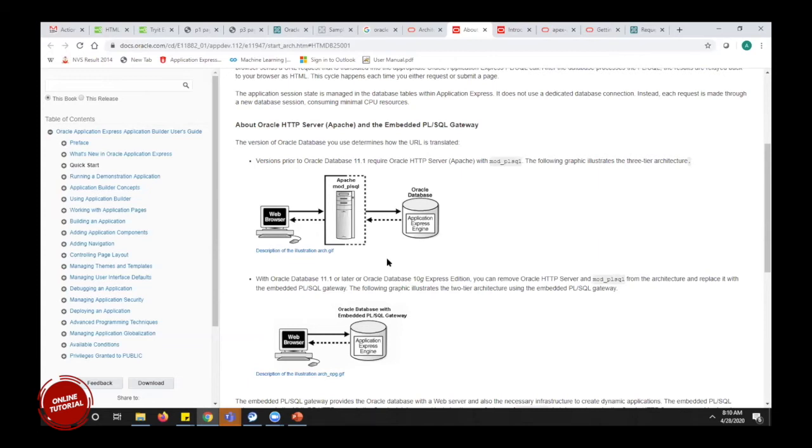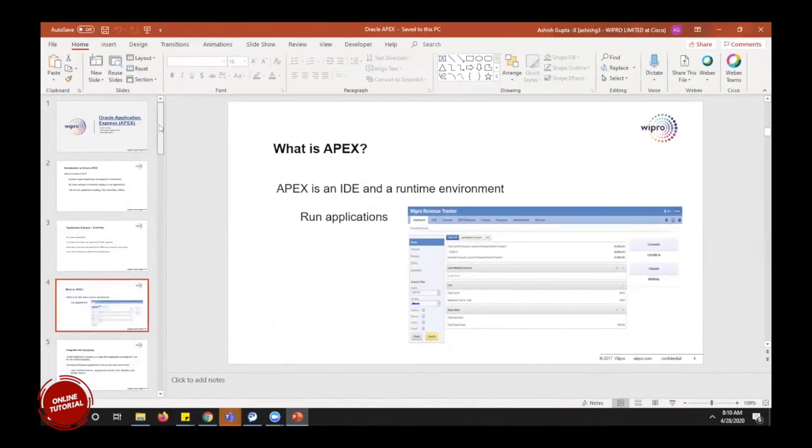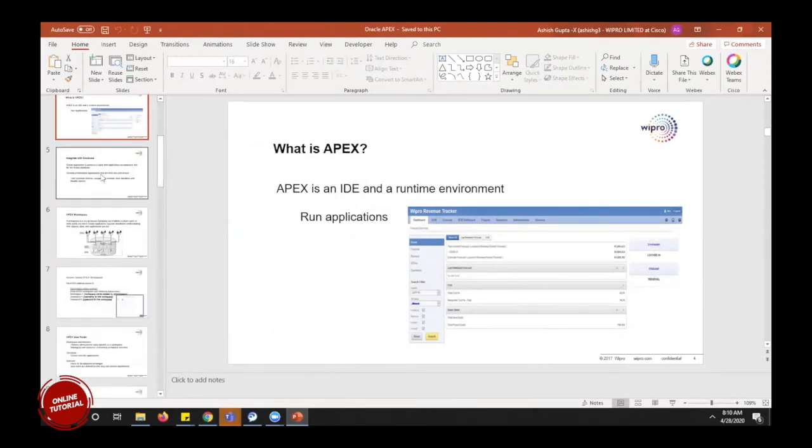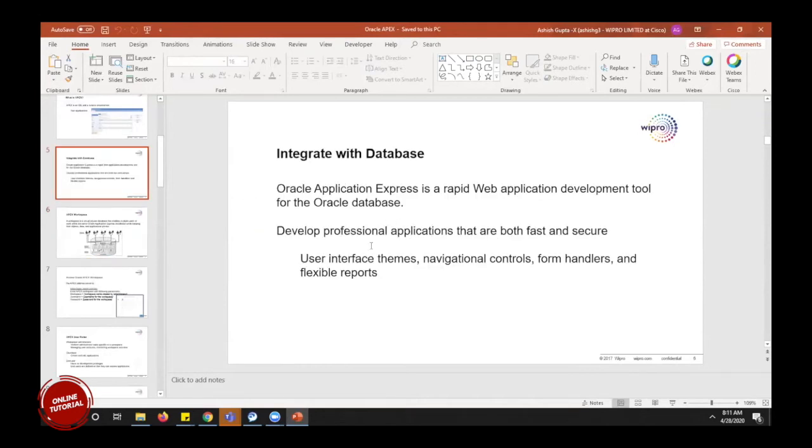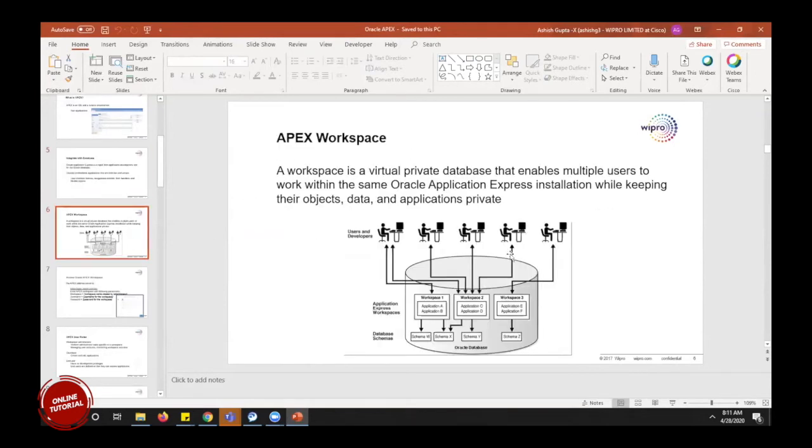Okay. Now let me come to the architecture of the Oracle Apex. This is about the Apex Workspace. We were just seeing the architecture of how it interacts with the database and how the server and the database reside with each other.